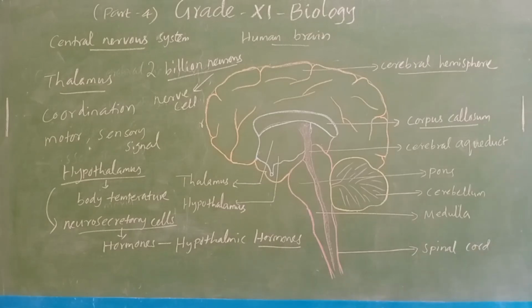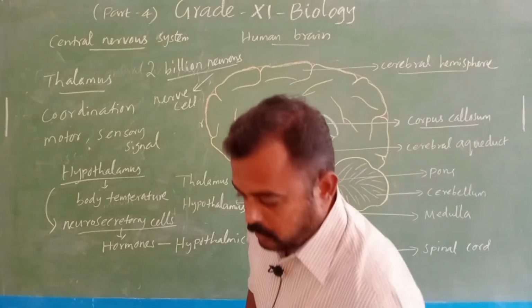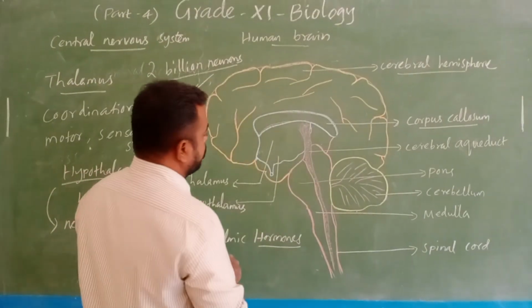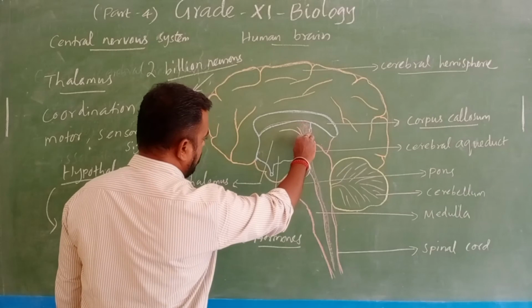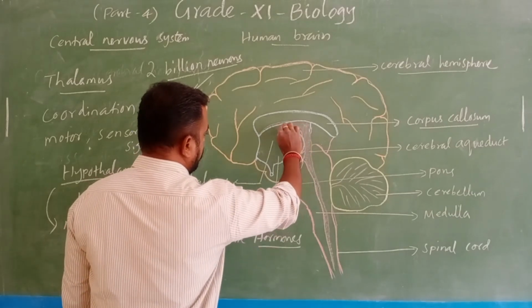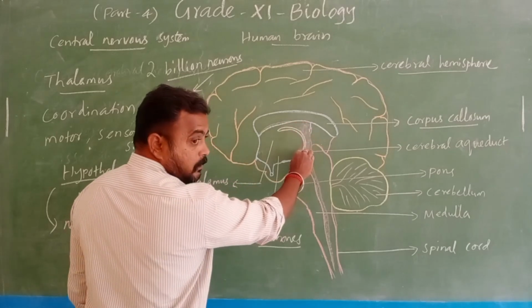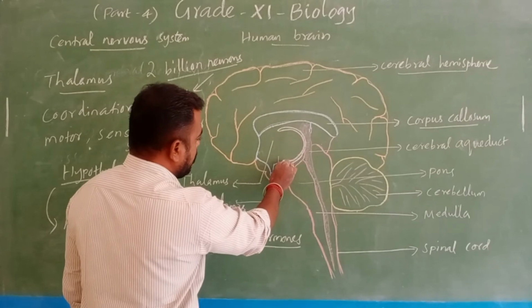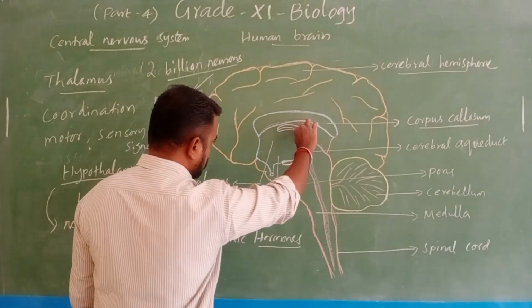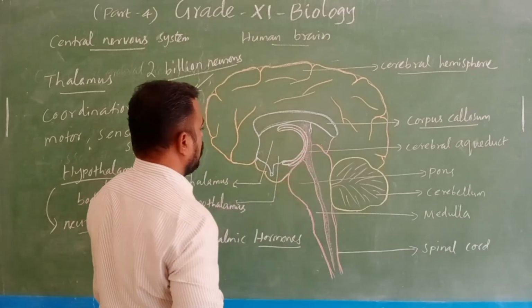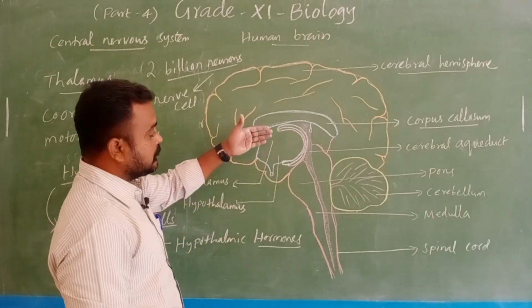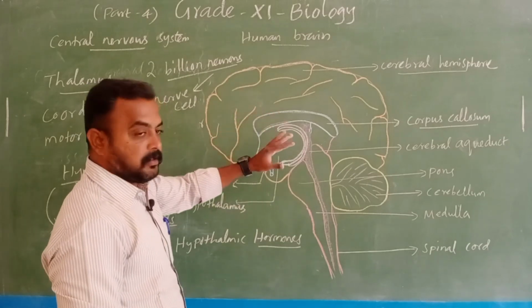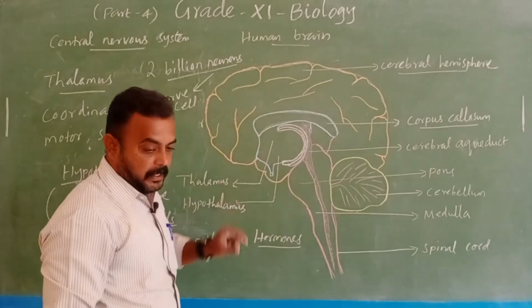Here inside the cerebral hemisphere we have some areas. Two areas are present below the hypothalamus. It is the inner part of the brain, the most inner part of the brain. The names, one is